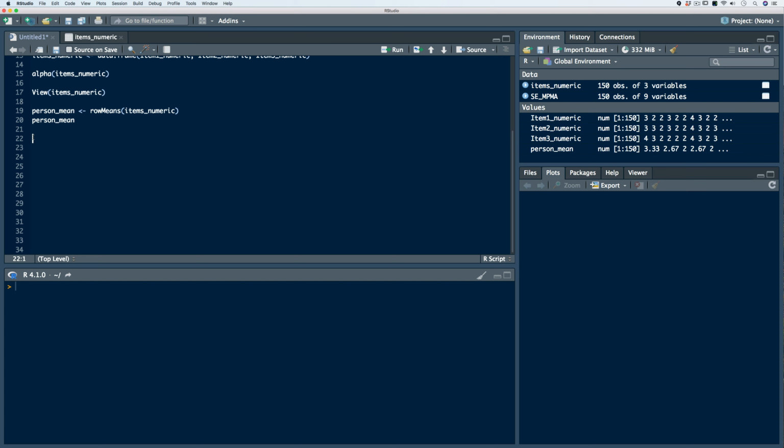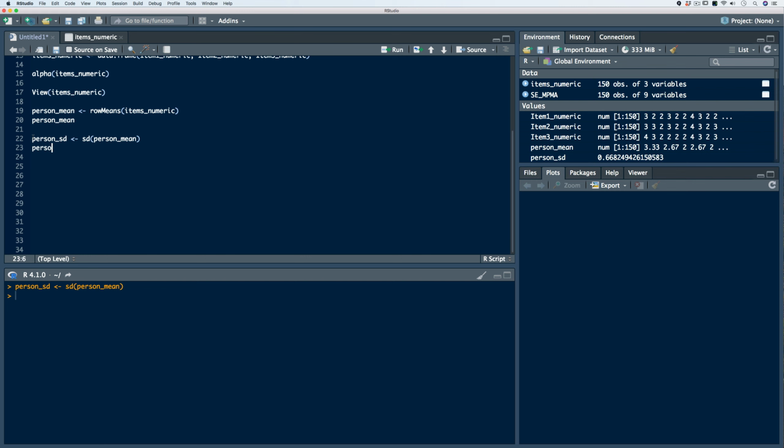The next thing we need to do is calculate the standard deviation for the person mean vector that we just created. In other words, what's the standard deviation of the aggregate mean scores for each of the respondents in our survey? Let's store this in a new object. We'll call it person standard deviation. We'll use the standard deviation function, and then we'll pass in our person mean object. So now if we take a look at the new person standard deviation object, we've calculated the overall standard deviation